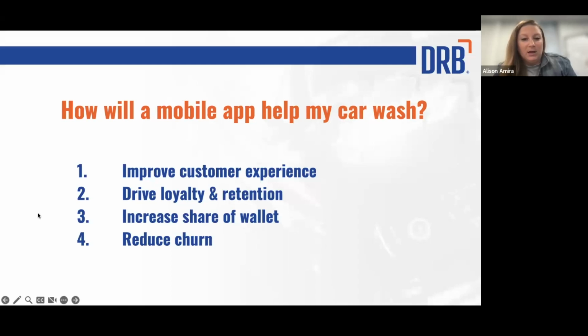Like Dave said in the beginning, on a progressive web app, you're able to really drive that immediate transaction. But from there, you can utilize the app to manage the membership and all of the further experiences and journeys that the customer has. And we'll get into the customer journey in a minute, but I just wanted to differentiate between the progressive web app and the native mobile app. For retail customers, using the app to make a purchase for a single wash or wash book allows them to get on site, scan and redeem, and ensures you're getting customers through the lane as fast as possible. So again, using a native mobile application is really going to help drive a positive and seamless customer experience.